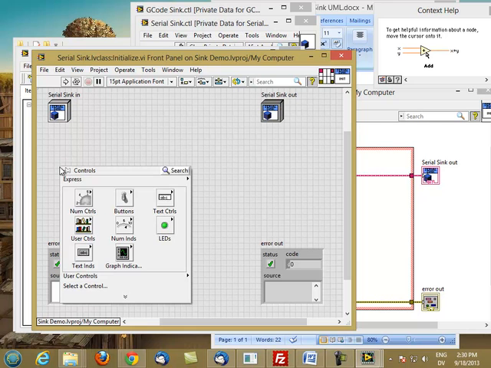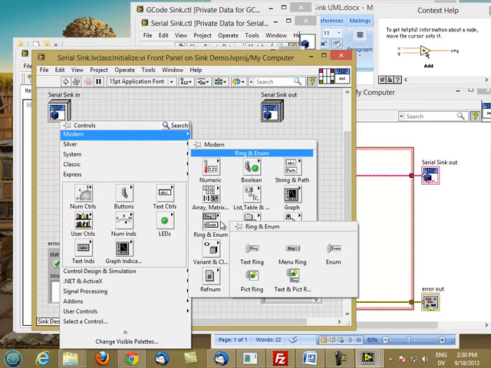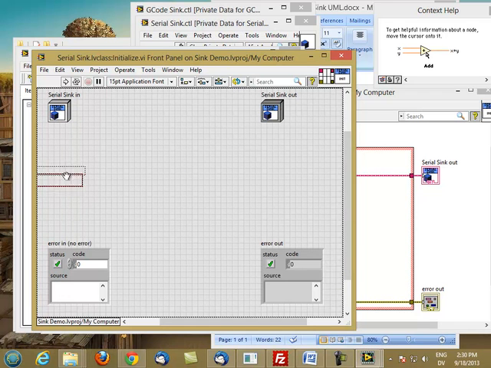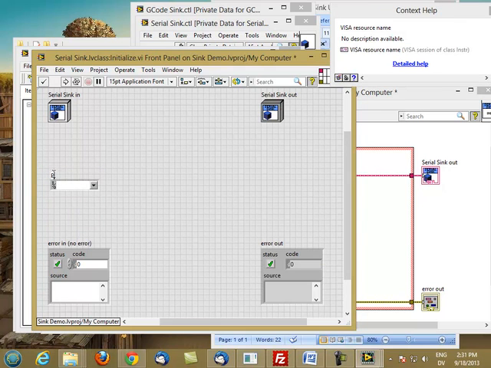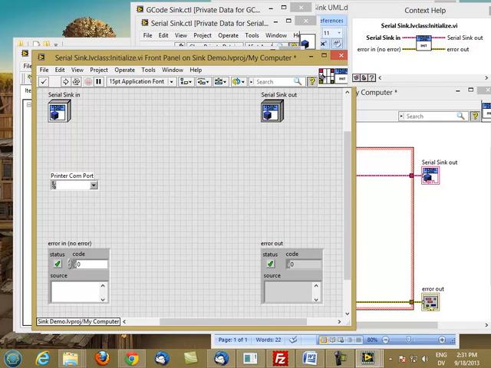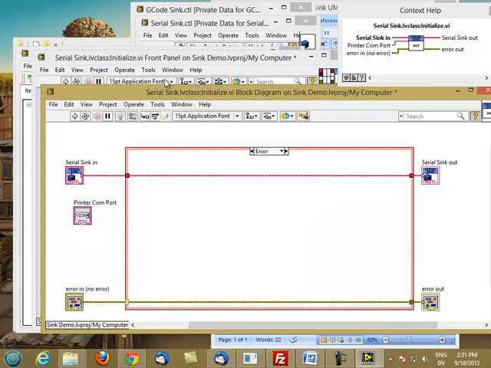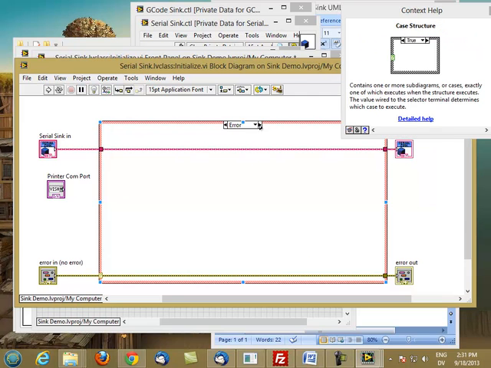So let's go ahead and wire one of those guys up. Those are an I/O Visa resource, and we'll call that printer COM port. And let's attach that to a pin. So in the error case, I don't want to do anything with it. In the no error case,